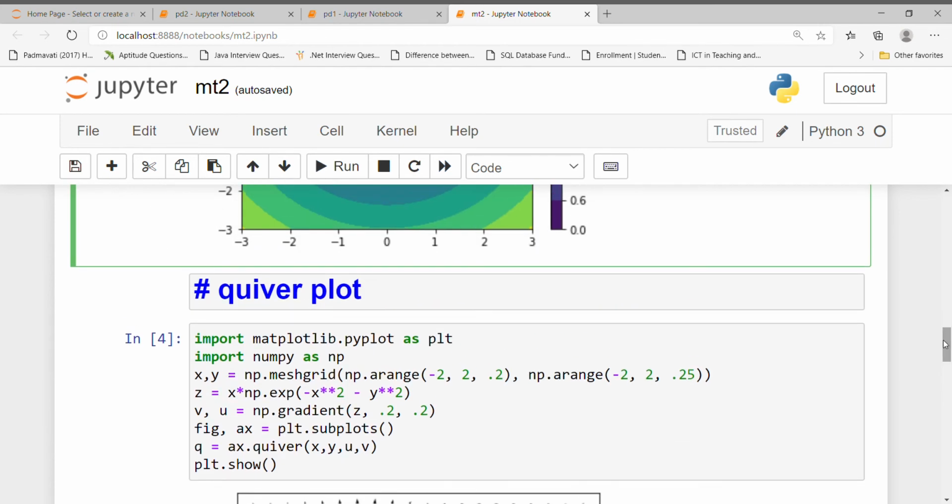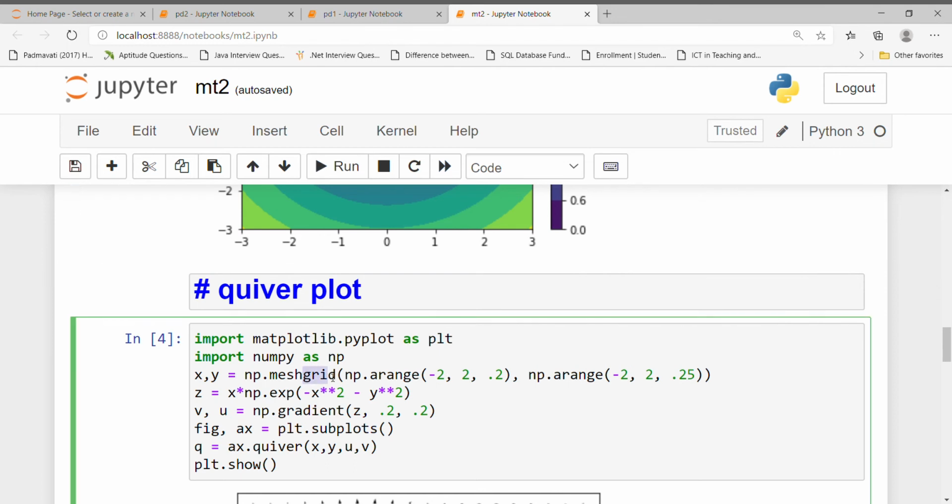So how to display this? First, again you have to import matplotlib and NumPy. Use this meshgrid. I told you earlier the meshgrid is used for rectangular grids. In this x and y, we are going to store a range, again a range. All these values we are going to store in x and y. In z, we are going to store this expression, minus x exponential 2, where double star is nothing but exponential.